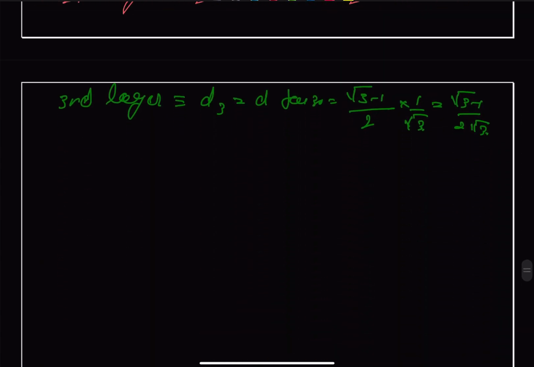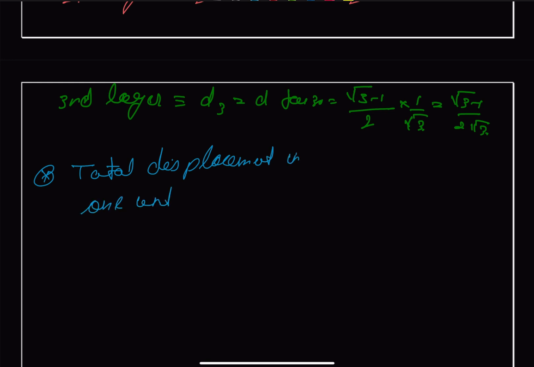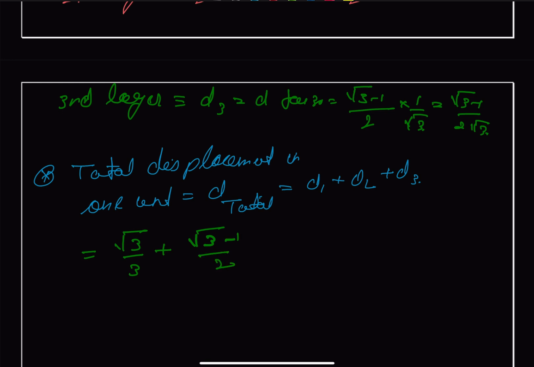So we found out our D1, D2 and D3. So we can say our D total, displacement in 1 unit, let us call this D total, will be equal to D1 plus D2 plus D3, and this gives us square root of 3 divided by 3 plus square root of 3 minus 1 divided by 2 and plus square root of 3 minus 1 divided by 2 root 3, and this we can write will be equal to